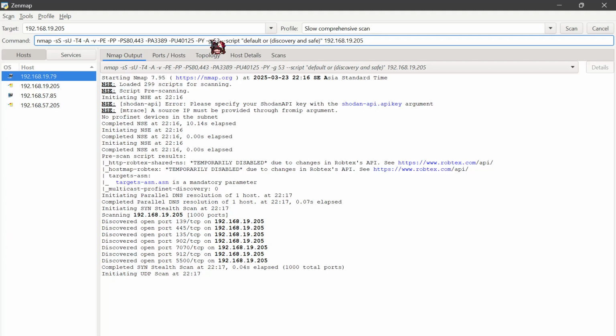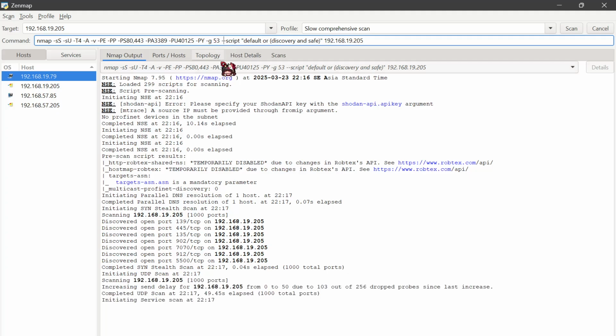And then -g 53 uses port 53 as the source port.